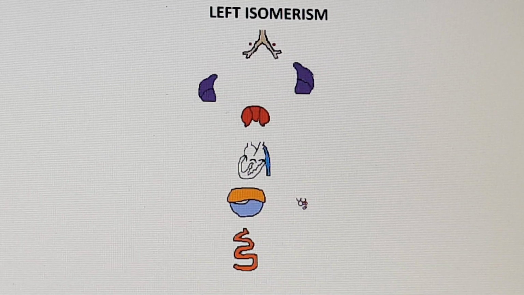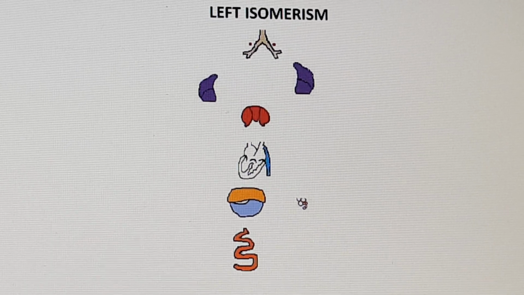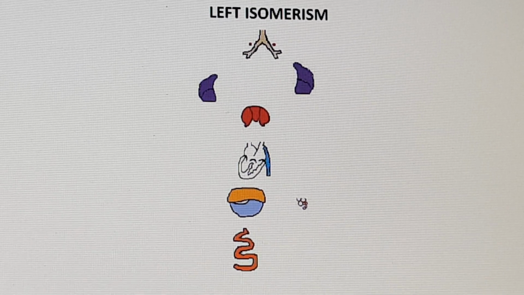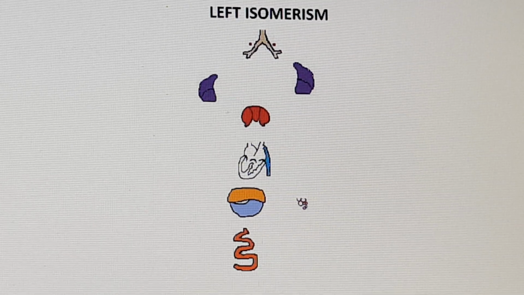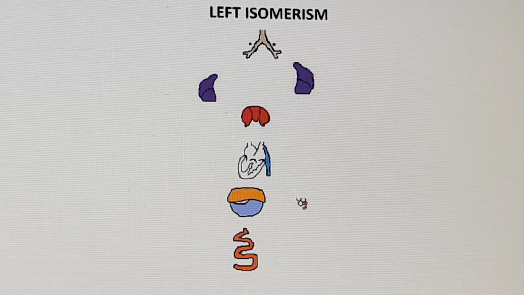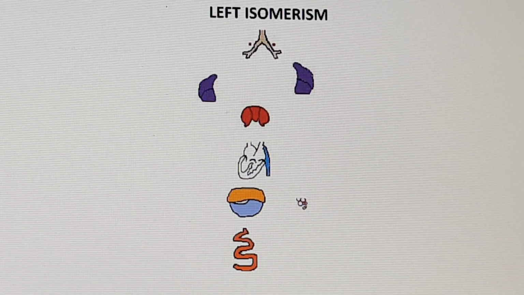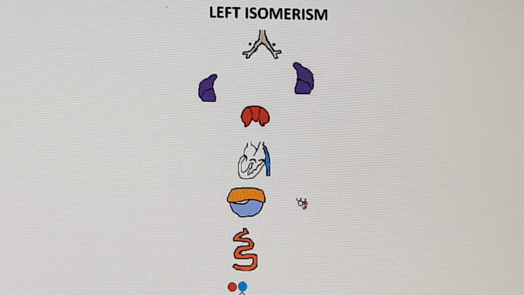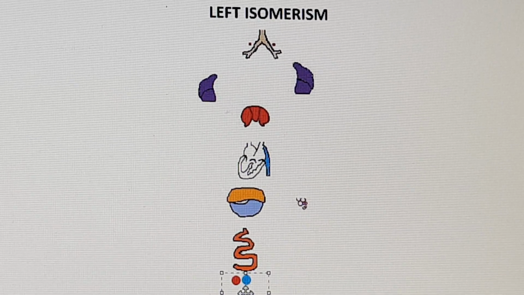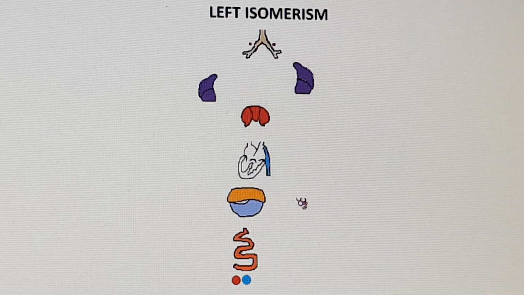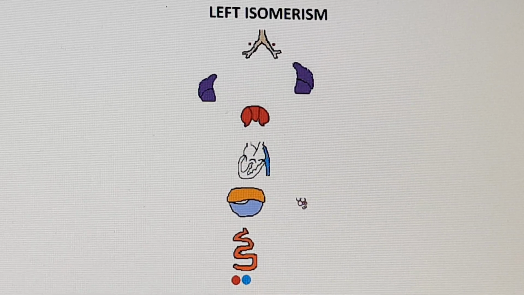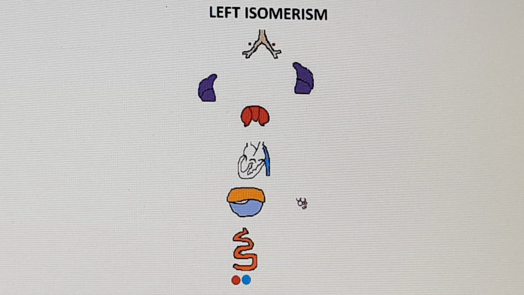And finally, aorta and IVC also have an abnormality. Normally the aorta is left sided, IVC is right sided. Here you can see that in left isomerism, the aorta is in its normal location, and instead of